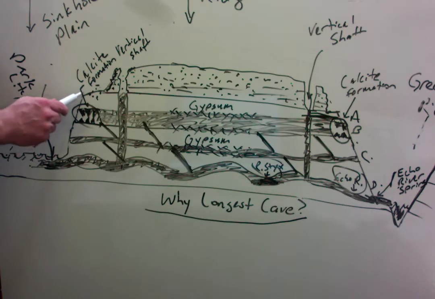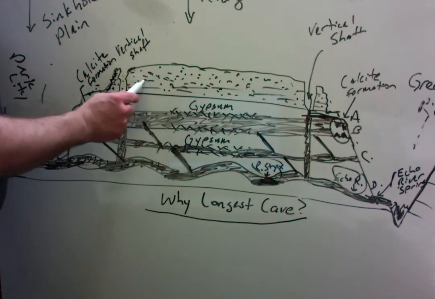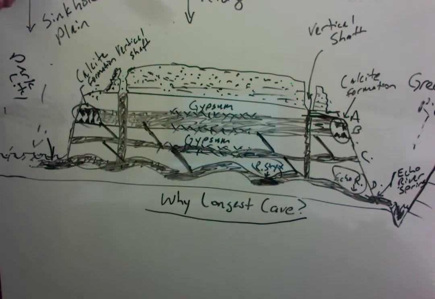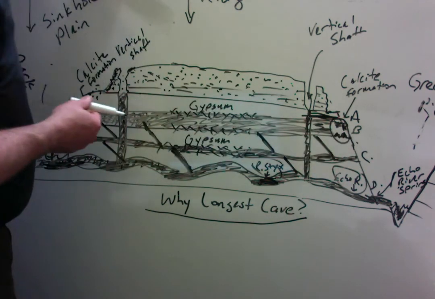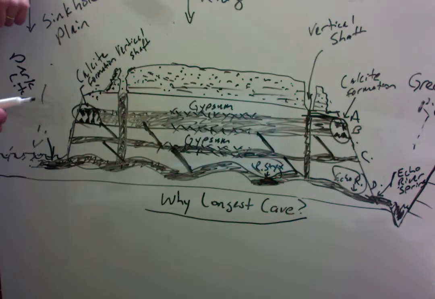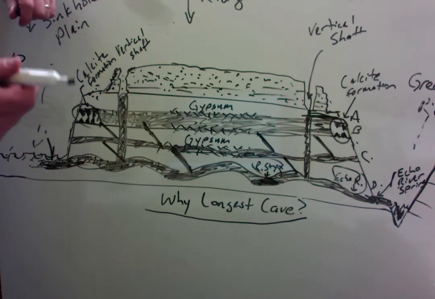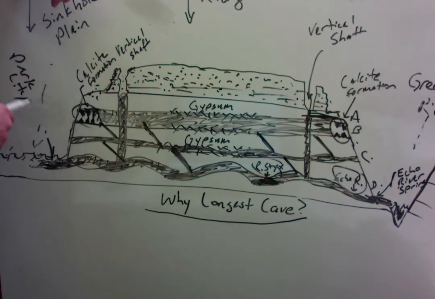You have a nice, big, thick, relatively pure limestone that's easy to dissolve. You have a nice caprock of the sandstone above it. Just good, thick sandstone that forms a really great protection for the cave system for many miles. You have the rocks ever so gently dipping towards the Green River, and that makes it perfect because the water can say, hey, I'm heading towards the Green River. I don't need to rush things. I can go along this dip and take my time getting to the Green River instead of trying to